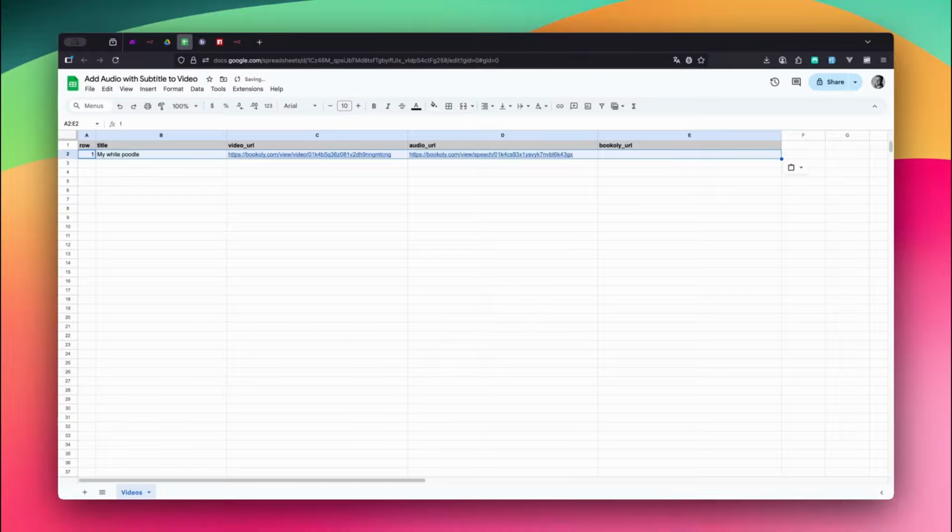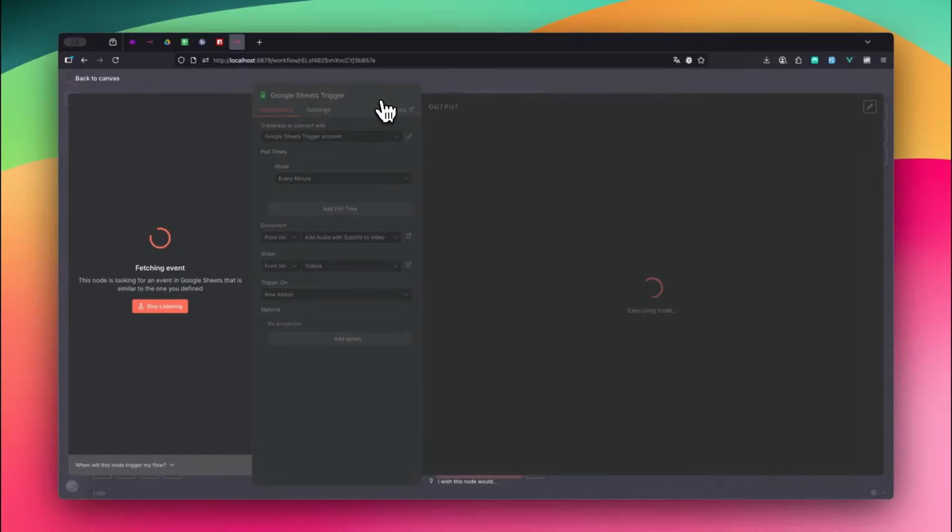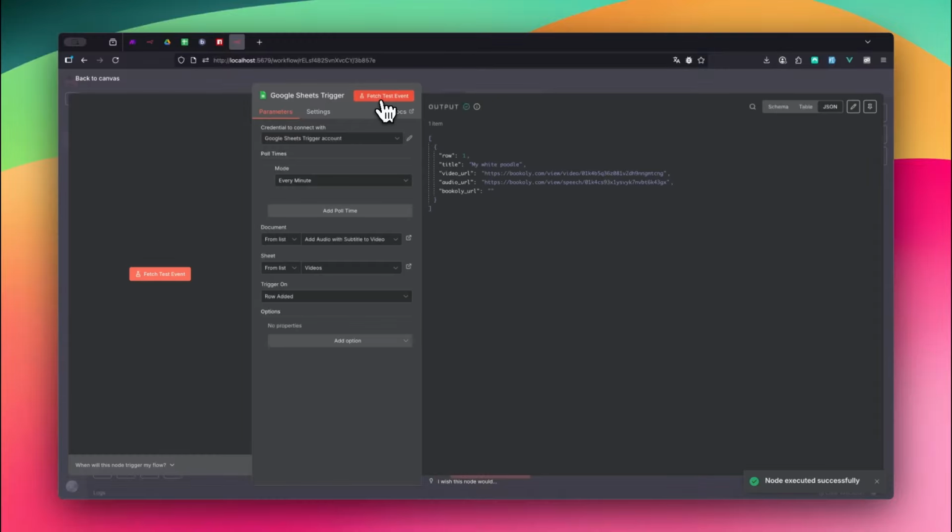Let's add a new row to the sheet with Row, Title, Video URL, and Audio URL. In my case, I'm using the video and audio URLs generated from previous videos of this playlist. The good thing is, Bookoly makes all results easily reusable so you can quickly plug them into new workflows. Back in n8n, click Fetch Test Event to retrieve the data we just added as a new row in our sheet. Great! Now that we have all the necessary details from our Google Sheet, we can add the voiceover with